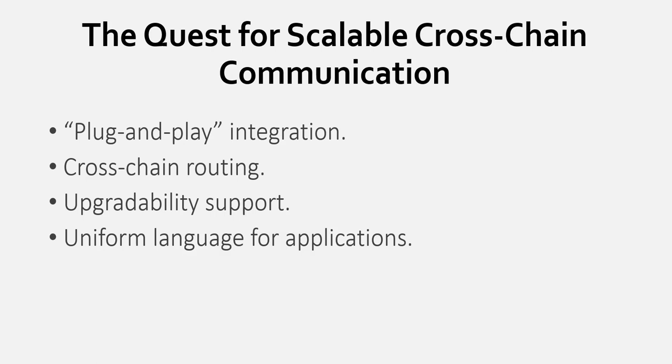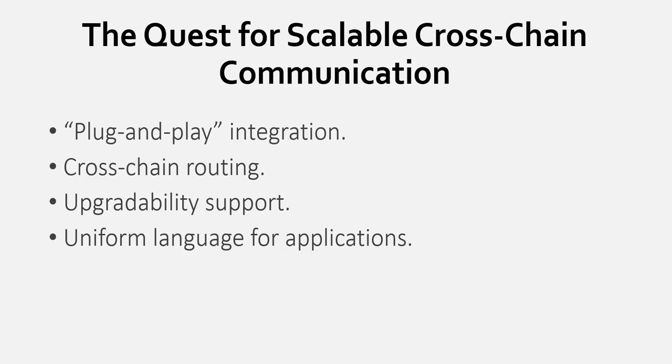2. Cross-chain routing. Functions such as the discovery of network addresses, routing paths, and networks are at the core of the Internet and facilitated by BGP and other routing protocols. Similarly, to facilitate communication across blockchain ecosystems, we need to support the discovery of addresses across them, applications, and routing. 3. Upgradability support. If one of the blockchain ecosystems changes, it should not affect the interoperability of other blockchains. The system needs to recognize updates, and minimal effort should be required to support them, i.e., no state transition logic should be rewritten, and applications should not break.